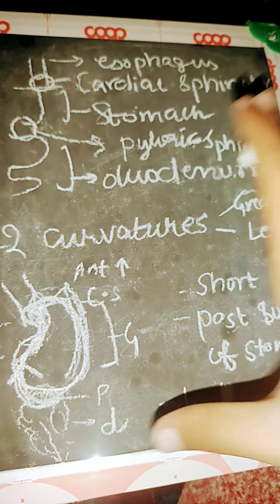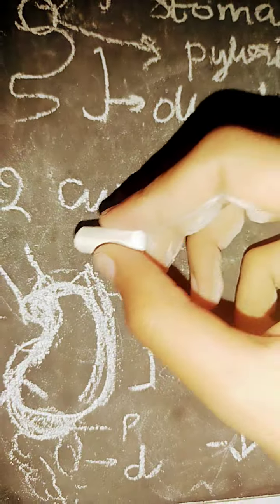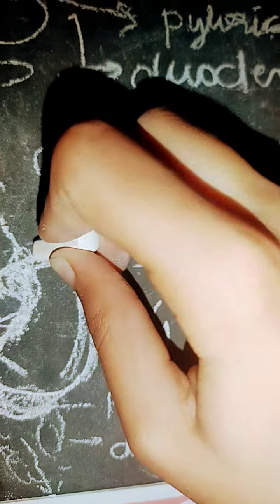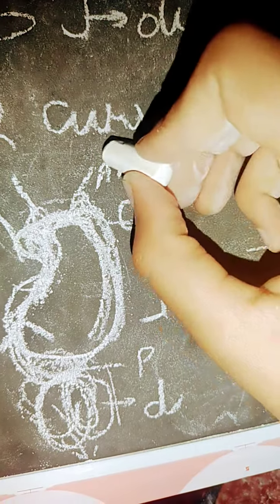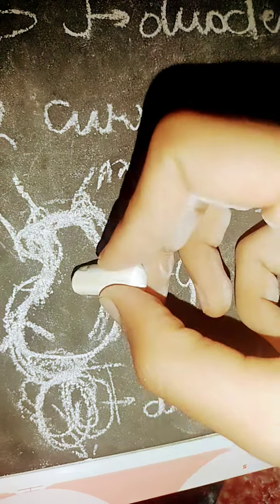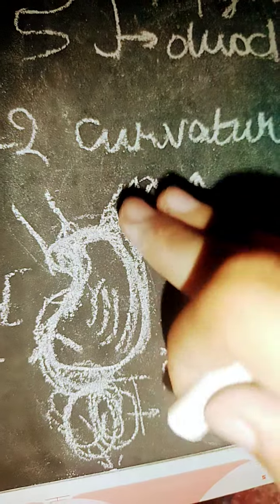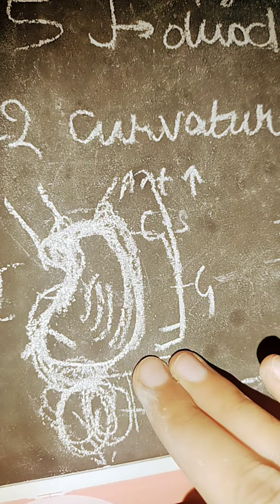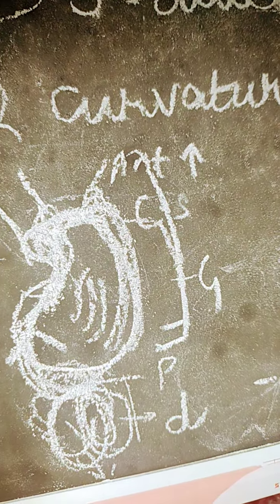Okay, and we can say that this part is the fundus of the stomach. Fundus, we all know, is like this. Okay, and then below is the pylorus and here is our duodenum. And this is the body of the stomach, and in it rugae are present like this. And so the pyloric sphincter. Now this is a rough diagram, not exactly